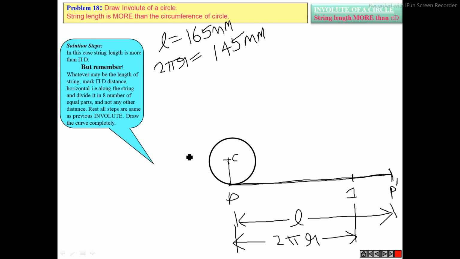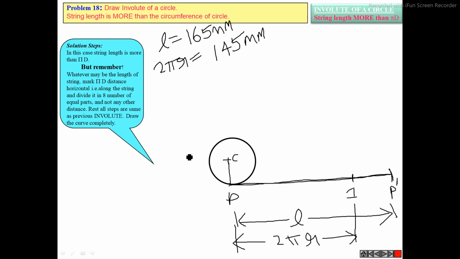Yes, sir. You don't do like this, no. Suppose you take a bunch of thread and needle. You take a bunch of thread, and you try to wrap that thread by keeping some extra length. Do you do like that? You don't do like that. You take one end point of the thread and you try to wrap it over that circular log. Yes or no?